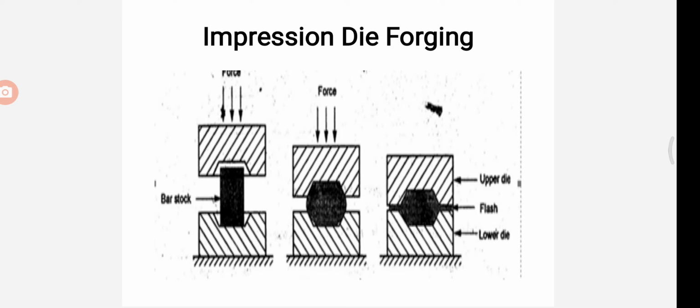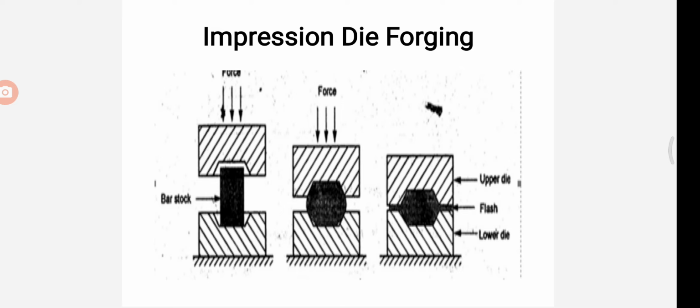Because of the frictional resistance, it subjects the material in the die cavity to high pressures, thereby encouraging the filling of the die cavity. The blank to be forged is prepared by different means, such as cutting or cropping from an extruded or drawn bar stock, or powder